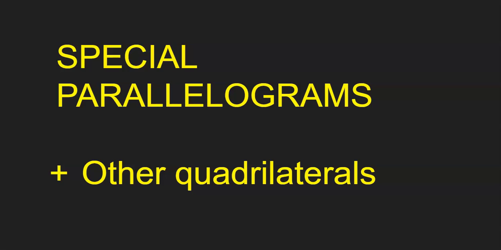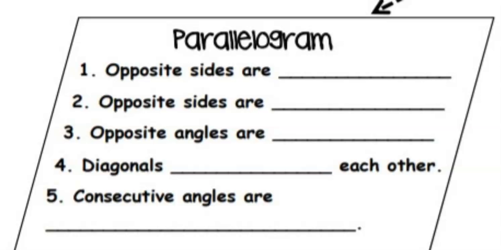But first thing I want to do is look at these individually and think about what their properties are one by one. We're going to start with parallelograms. Parallelograms have 5 main properties that we look at. The definition: opposite sides are parallel. Another property is that opposite sides, and we mean both pairs of opposite sides,